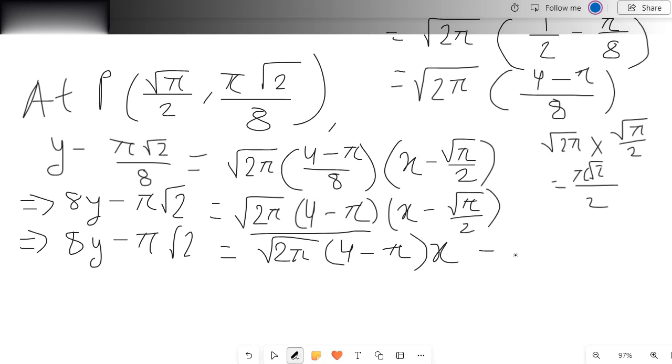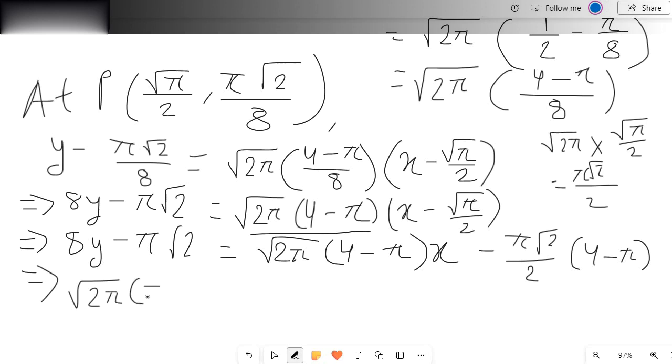So we have pi root 2 by 2 multiplied with 4 minus pi, and then bringing all of the terms to the left side, we have root 2 pi times pi minus 4, as we can take a common factor of minus 1 to get pi minus 4,